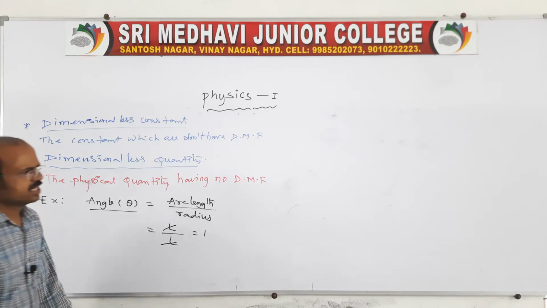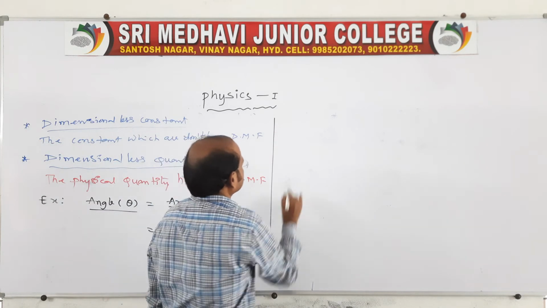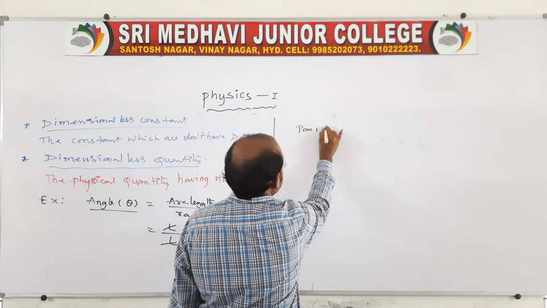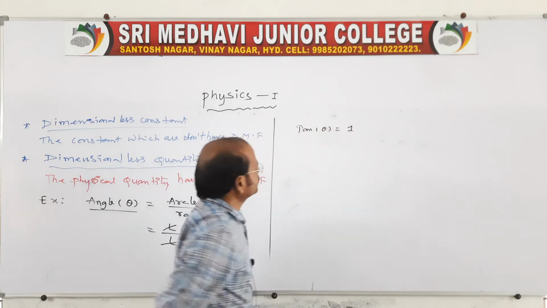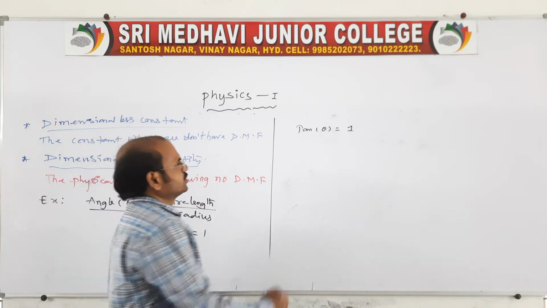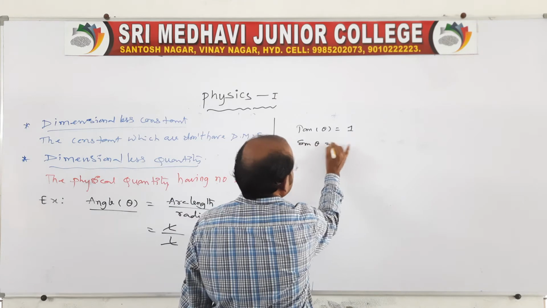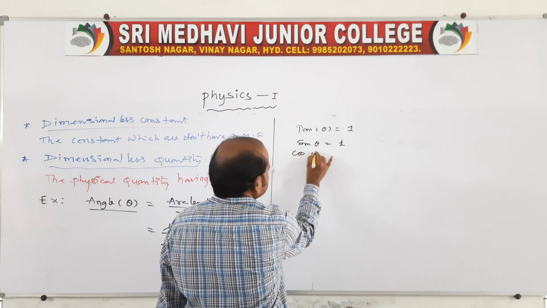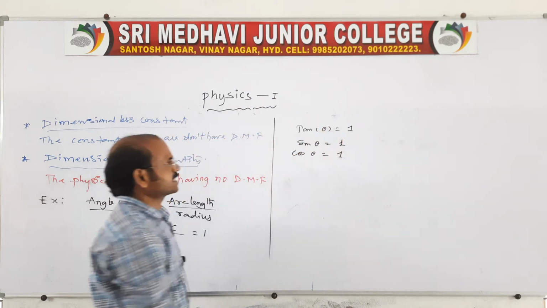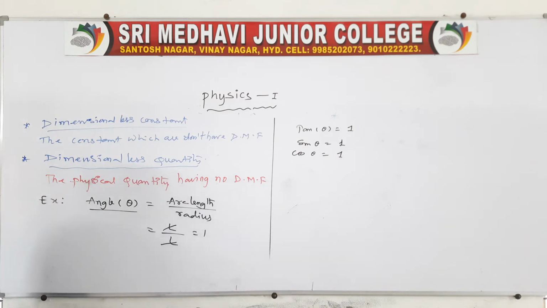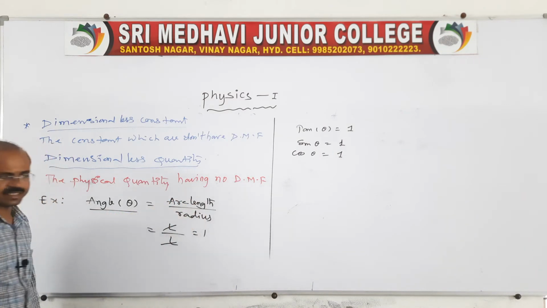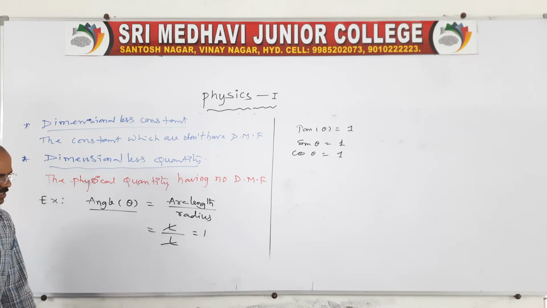For any trigonometric function, yesterday also I told you, any trigonometric functions, you take another one. Suppose I want to say tan theta, it is a trigonometric function. Then also for this, no dimensional formula. You go for sin theta, that is also no dimension. And you take cos theta, also no dimension, because it is represented as an angle. For angles there is no dimensional formula. Angle is nothing but arc length by radius, so length will be cancelled. Therefore, we can say 1 is the dimensional formula. Clear? So this is about tan theta or sin theta, cos theta.